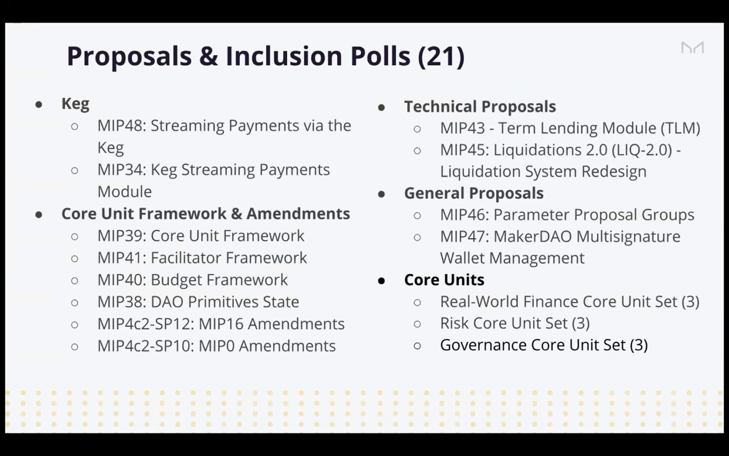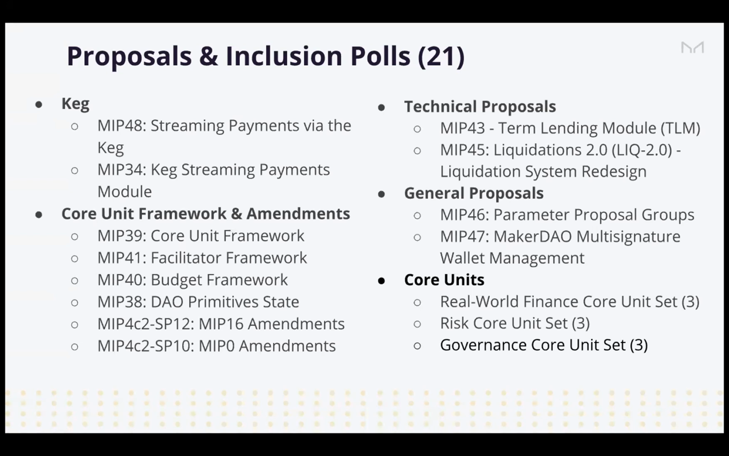So the proposals that were put up for inclusion polls were bundled into specific areas, because 21 inclusion polls is quite a lot to vote on. So we had them broken down into, the first is the KEG bundle, where it covers the streaming payments using the KEG, and then actually the KEG streaming payment module itself. And then there was the core unit framework,